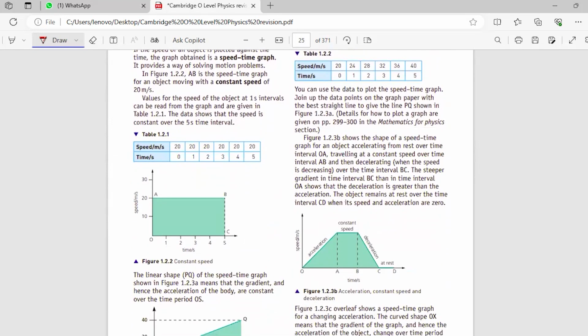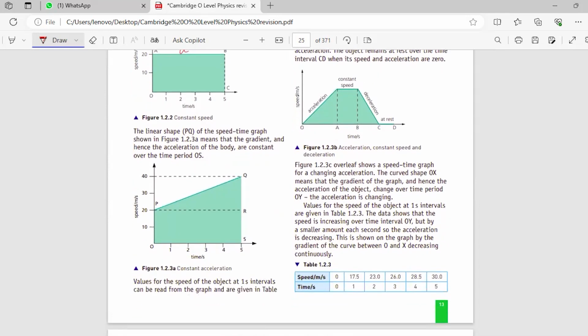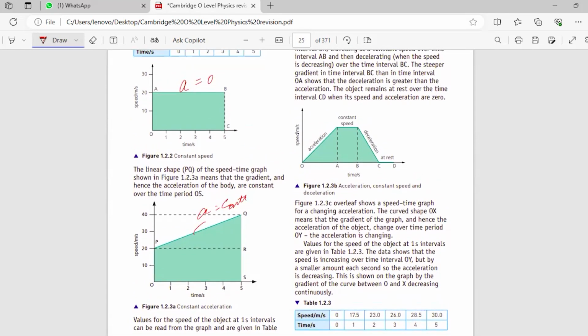Now there come the speed-time graphs. If the speed-time graph is a straight horizontal line, that means its acceleration is zero, and the particle is going to move with constant speed. If the line is a straight sloping line like this, that means the acceleration is constant. And this downward line represents deceleration. If the speed-time curve is like this, that means acceleration is increasing. And if the curve is like that,